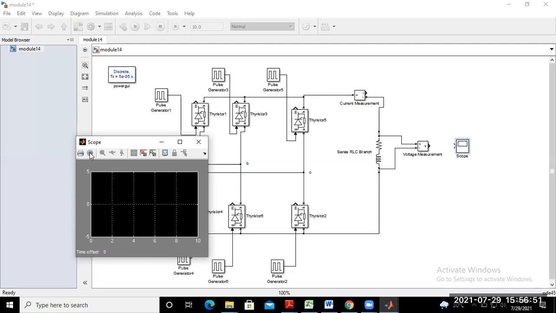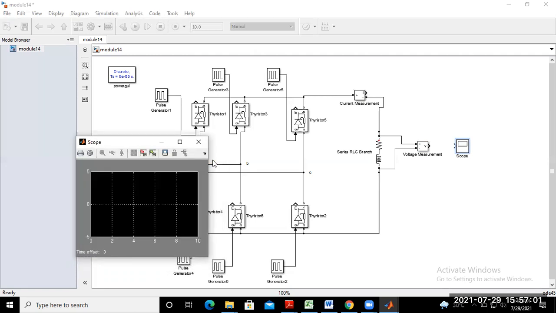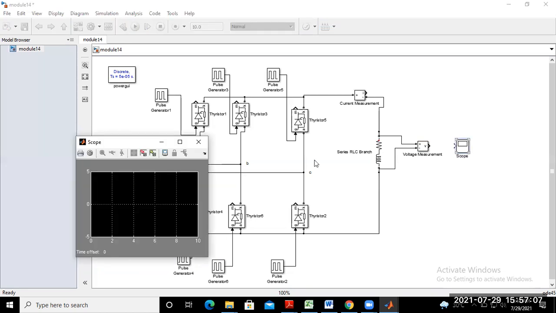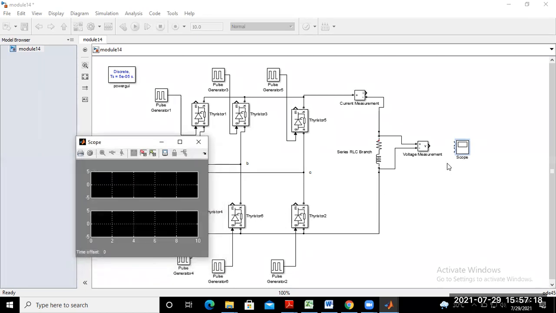Go to the parameter settings here. For number of axes type 2. Change the number of axes of the oscilloscope, apply and OK. So 2 axes are created in the oscilloscope.